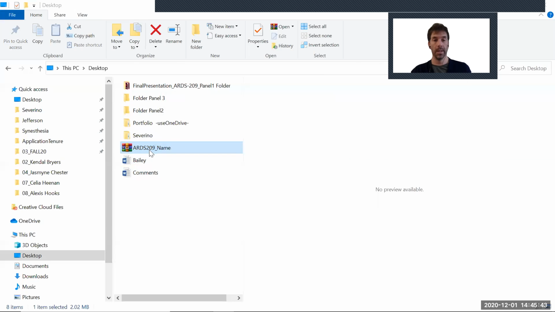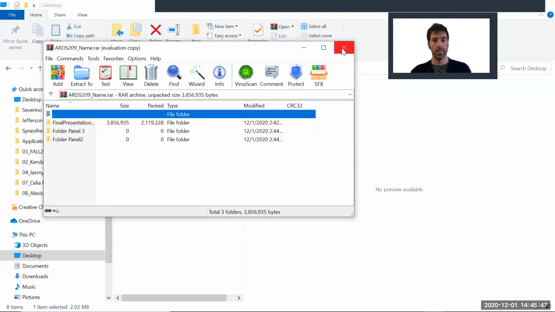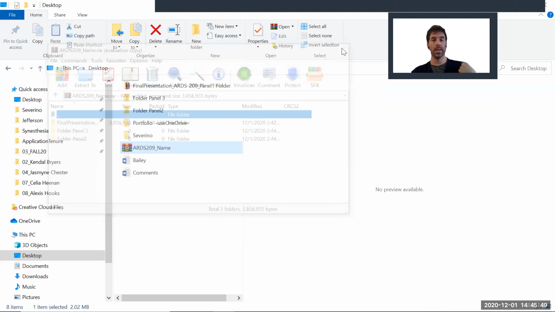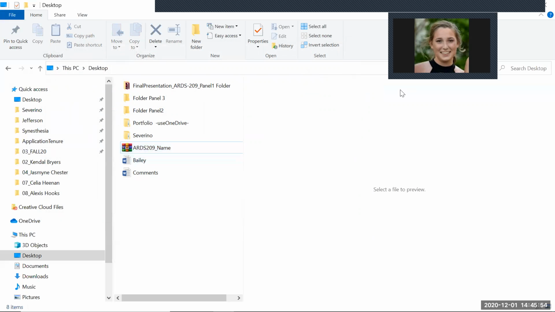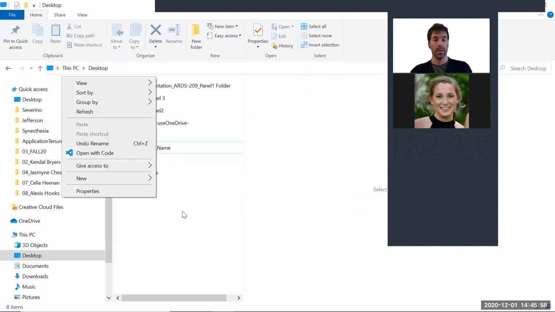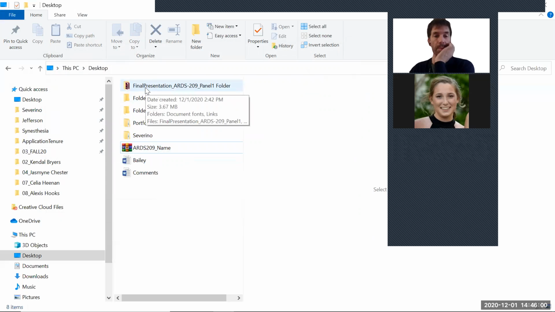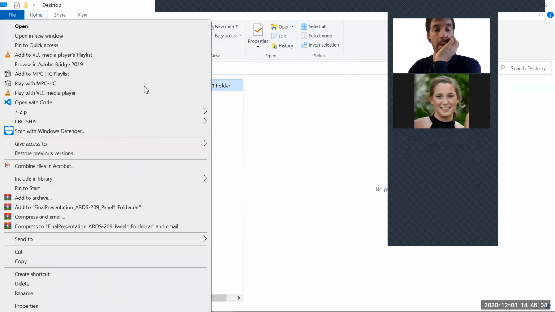This you can send to me. If you double click inside, you should have every single folder, and I will be able to extract those folders and take a look at them. Now it's important that, if you have your computer open, you could try it now. Just select any folder or any file and right click, and you should have somewhere some kind of a compress option. The WinRAR icon looks like 3 books with a belt,